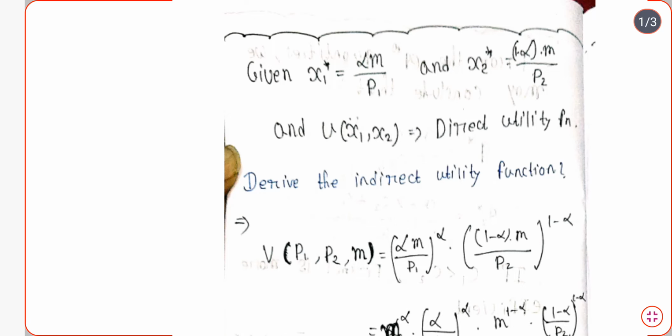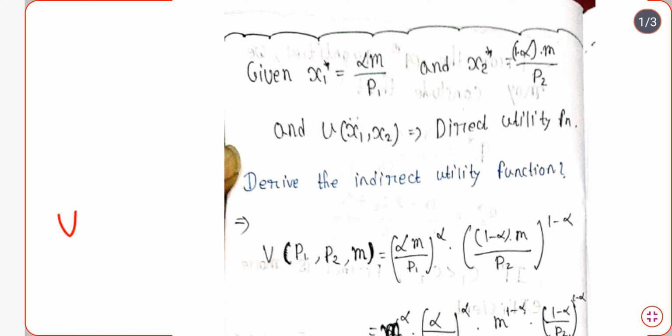Now let us talk about the indirect utility function. Before diving into the numerical problems of determining the indirect utility function, at first I will talk about the definition of indirect utility function. Now basically the direct utility function. Or basically there is no such term like direct utility function, but normally utility function is represented